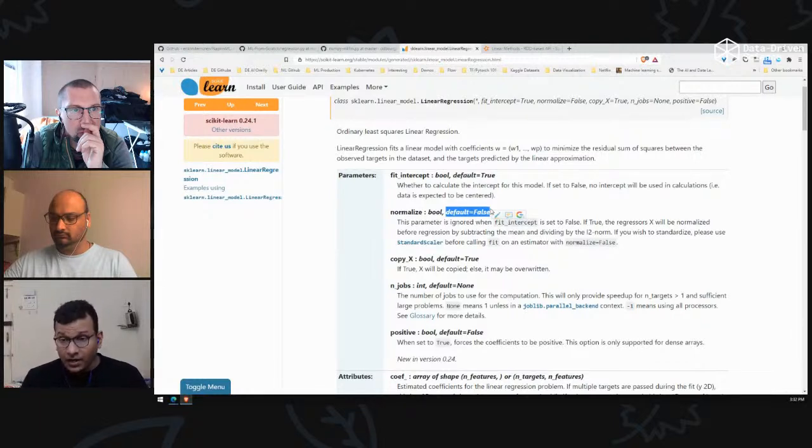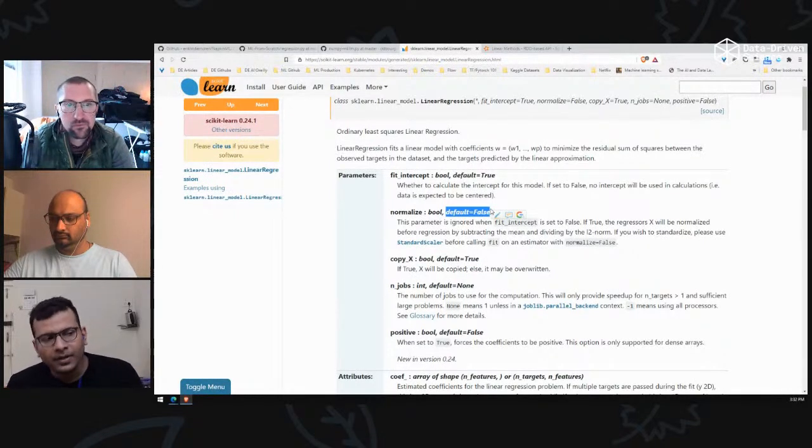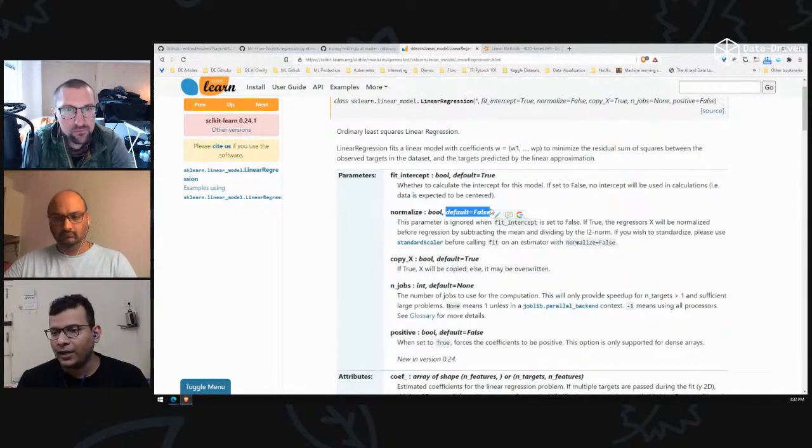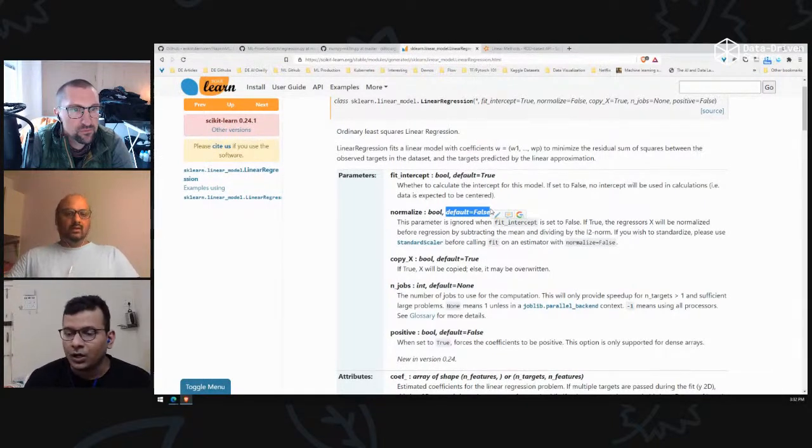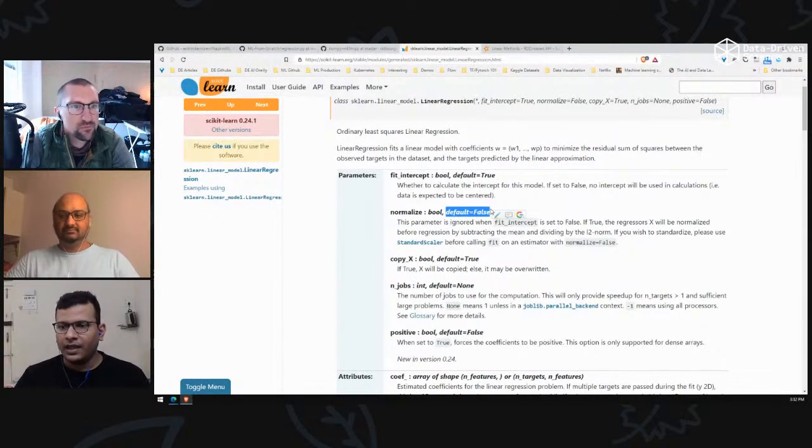It means if unnormalized data is given for the algorithm for regression prediction, probably we will not get a good accuracy. Why? Because we forgot how the algorithm behaves in Scikit-Learn. If the default had been true, then we wouldn't have had to worry about actually normalizing the data ourselves.